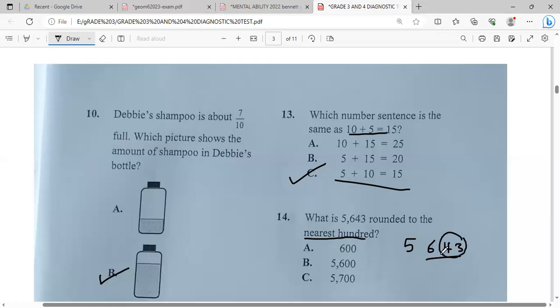If it doesn't reach 50, then we round down. So we're just going to drop it off. So it's going to be 5,600. If this was, say, 5,650, then it would have been closer to 700. But once it doesn't reach the 50 mark, we drop it off. So if it was 49, we'd have dropped it off. So it's closer to